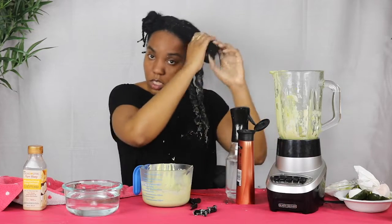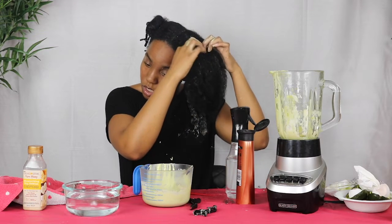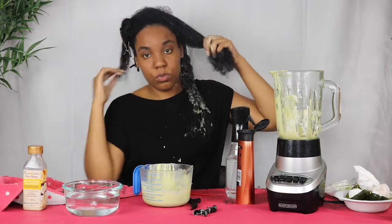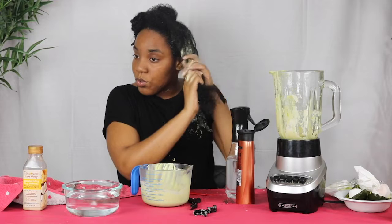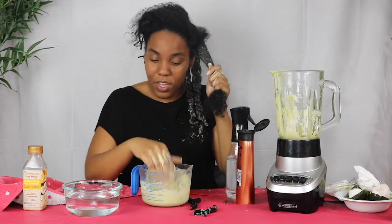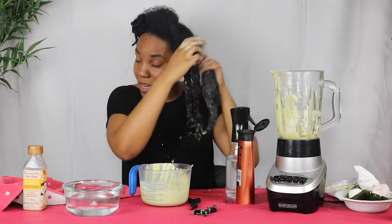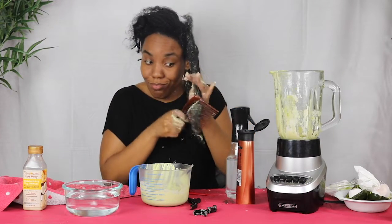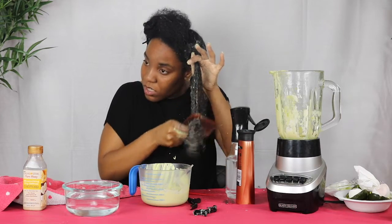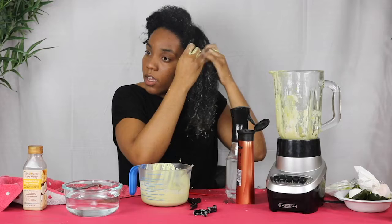So I'm going to repeat this all over my head, and then you'll see that I'll have 4 sections with 2 twists each, so that'll be a total of about 8 twists. And then you can let it sit for about 15, 20, 30 minutes, however long you feel like you need to have your hair conditioned. I don't really put a time on it, because sometimes I get busy and it ends up being an hour and I don't even realize it's up. Just going to probably let this sit for about 15, 20 minutes, at most 30, since I have some other things to do in the meantime. And then we're going to wash it out,